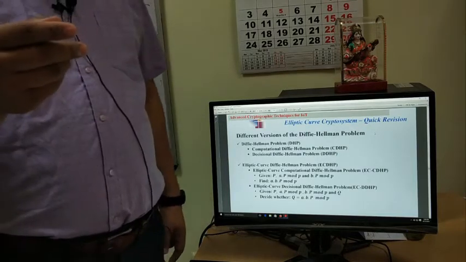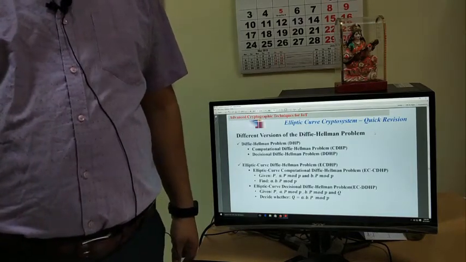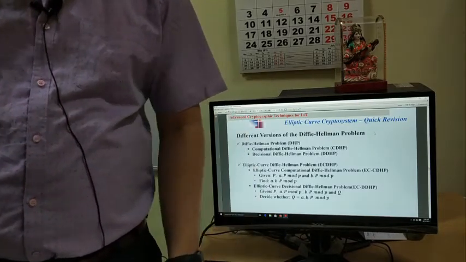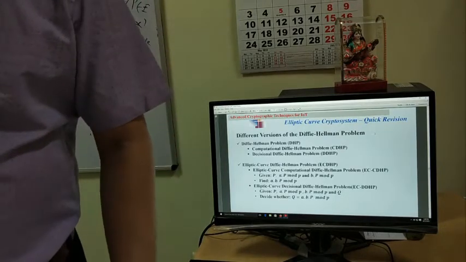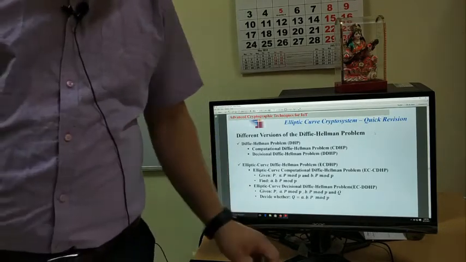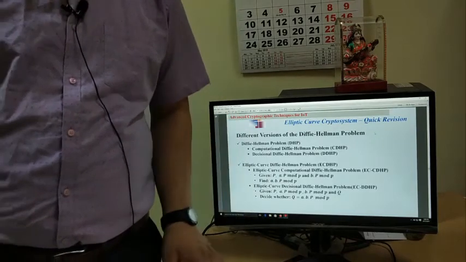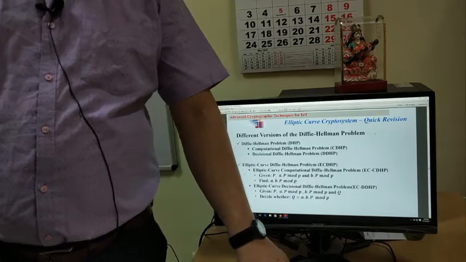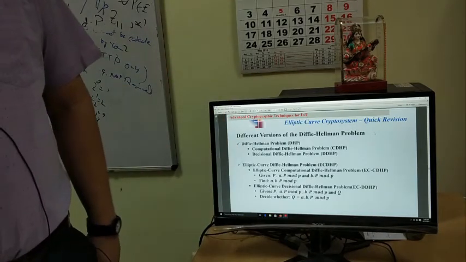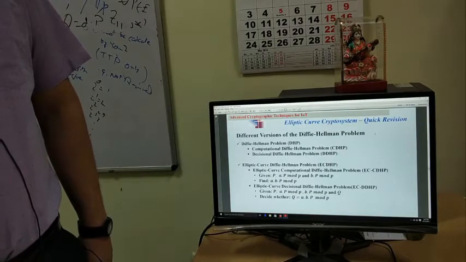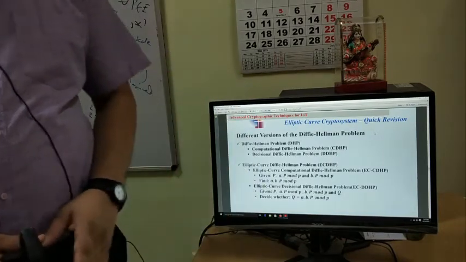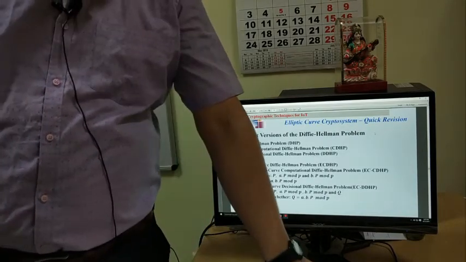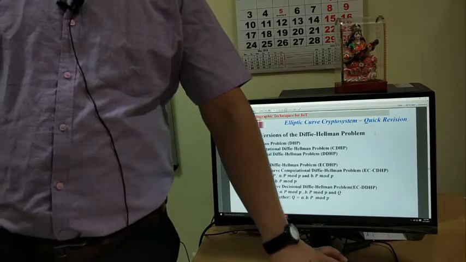Now, as I said, there are many types of problems. Decisional problem is given some input, you have to answer yes or no. Now suppose the problem is that ये 4 आइटम तो था G power alpha, G power beta, G and P, ये 4 था. साथ में और एक आइटम दे दिया गया. Now you have to check and answer whether this is G power alpha beta or not. Now the problem is different. Computation problem में आपको 4 ही दिया गया था. You have to calculate G power alpha beta. Now आपको actually 5 दिया गया है. वो 4 तो था, एक 5th item दिया गया है.